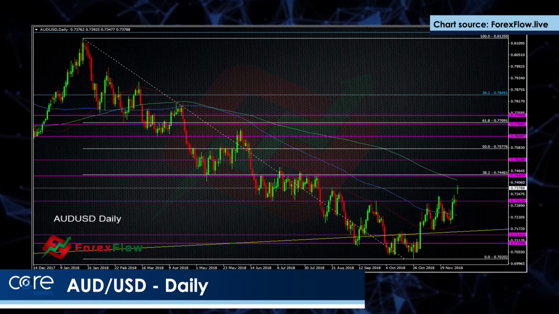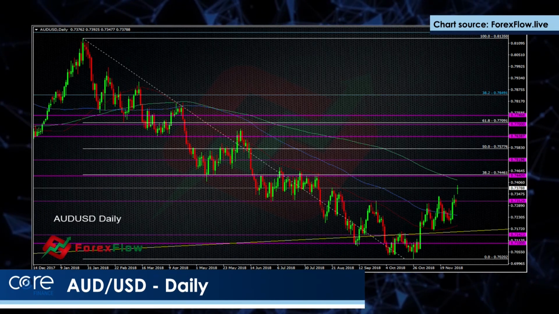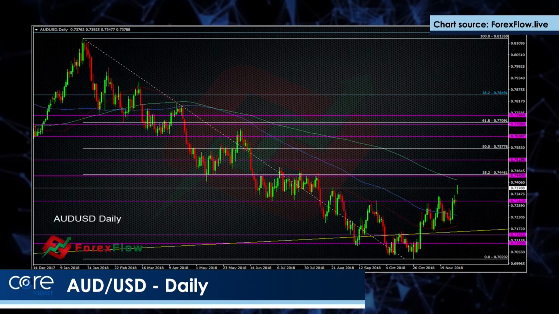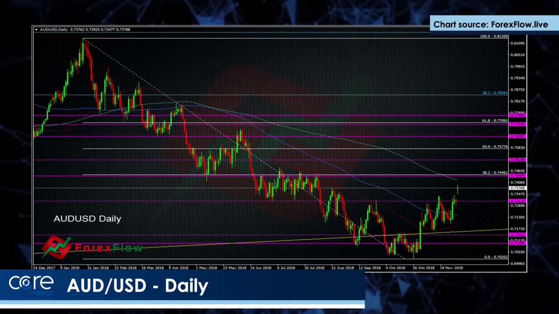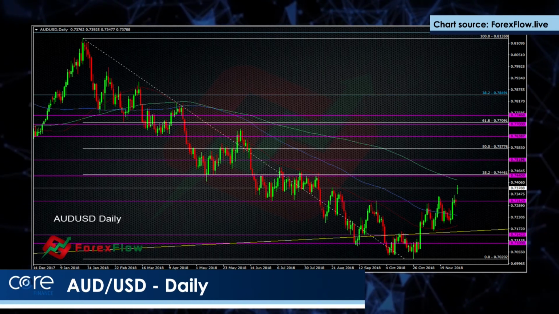We've got the 38.2 fib of the whole year's move. It's also a prior resistance area. So we've got to crack 74 first. But if we get into that sort of area, then I'm going to be a seller against that level there. Okay, so going against that inverted head and shoulders that some people might be able to see on that chart.